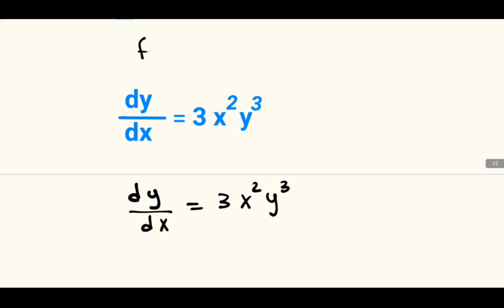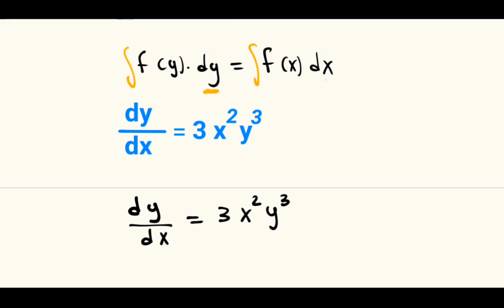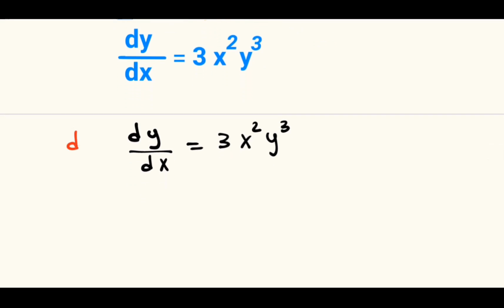We are going to arrange all the functions of y with the dy on the left hand side, and on the right hand side we arrange all the functions of x with the dx. And after this, we integrate both sides of the equation. On the left hand side, we integrate with respect to y, and on the right hand side, we integrate with respect to x. The first step here is for us to multiply both sides of this equation by dx,